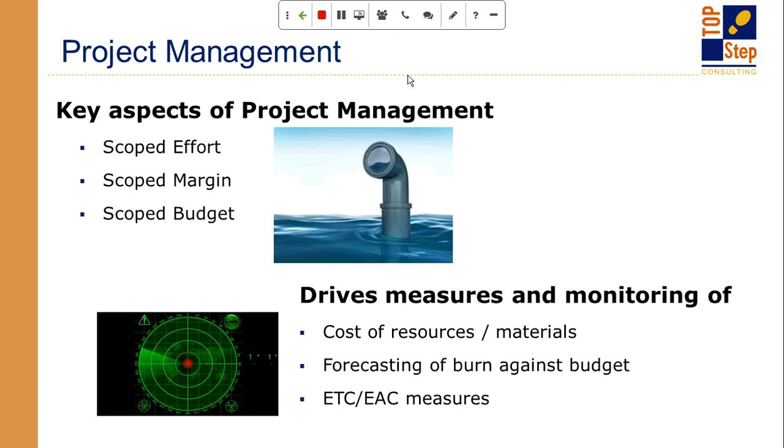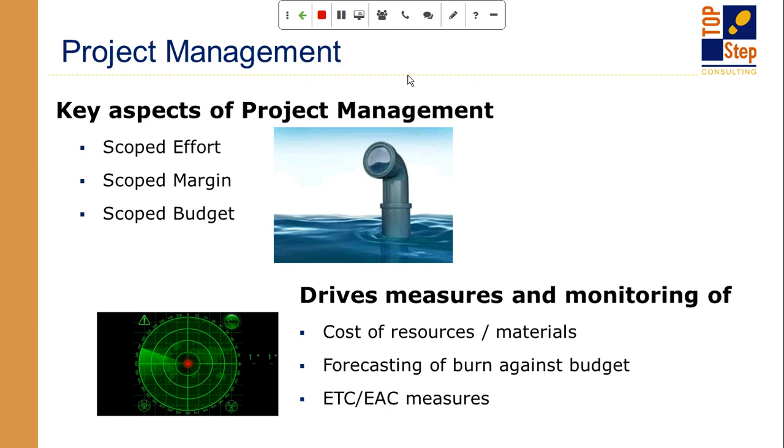So you as a project manager are, in many cases, inheriting this group of items from the scoping exercise that happened during the sales cycle, which was the effort, the margin, and the budget of the project. So in addition to those scopes, you actually have to measure and monitor how you're doing against those scopes, because it's one thing to scope something, it's another to deliver it. And ideally in a great world, those all go hand in hand and everything is smooth. But we all have done project management. We know it's a little bit more challenging than that.